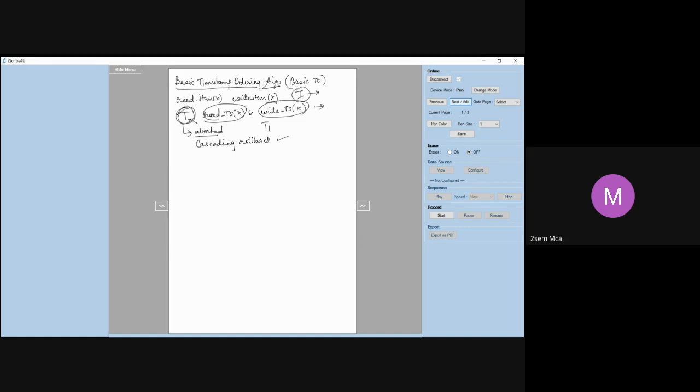Okay, now let us see it in more detail. Whenever a transaction wants to issue a read item of X or a write item of X operation, first you have to compare the timestamp of T with read TS of X and write TS of X. It is very important that you maintain the order of the transactions in which they are executed. If the order is going to be violated, then you will have to abort the transaction and resubmit it for execution. That is your basic timestamp ordering.